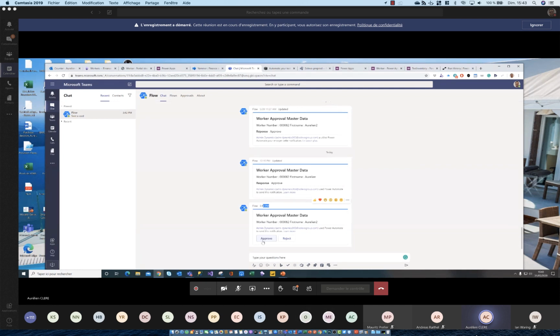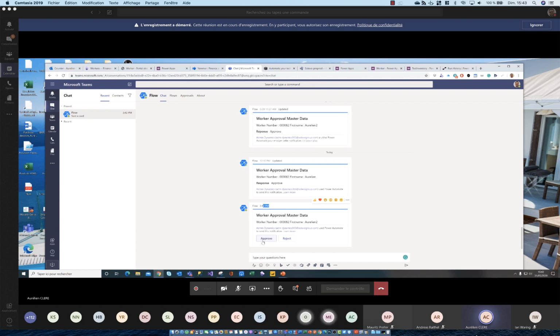As in the previous session on business events for Power Automate flow with workflow, you can also send notifications not by mail but by Teams, because as I said, you have a lot of connectors now in the Power Platform, and you can notify and ask for approval not only by email. I don't like email, so you can just push an approval automatically to the user with a Flow bot.